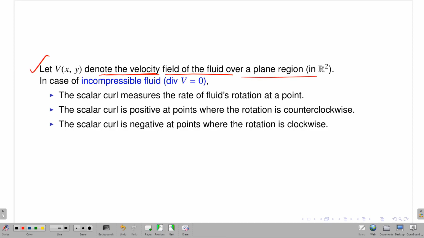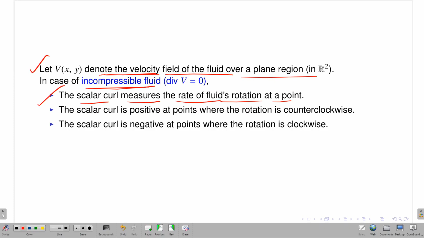Let v(x, y) denote the velocity field of the fluid over a plane region in R2, in case of incompressible fluid. That is a definition. If the divergence of v, the divergence of the vector field, is 0, then I am saying that this is an incompressible fluid. The first one is that the scalar curl measures the rate of fluid's rotations